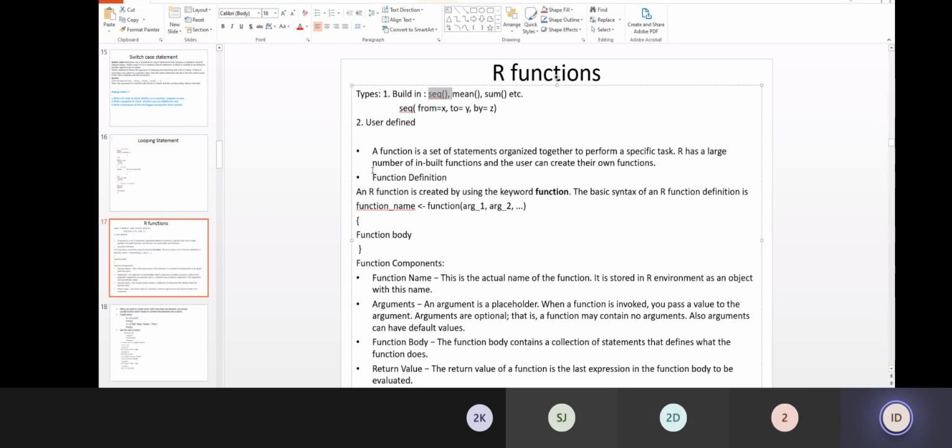So in this case, first of all, we have to write the function definition. So the complete function should be defined. See the components of the function. First is